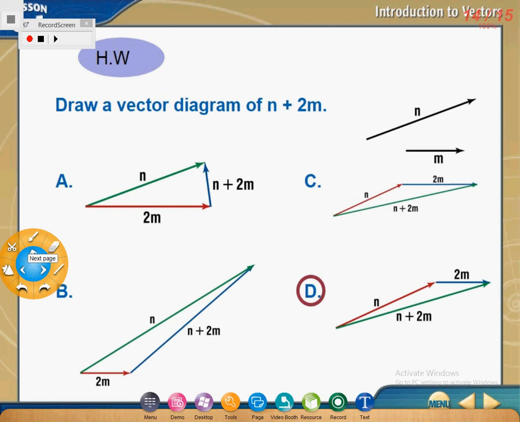Before you start the homework, I have to tell you there is a trick here. We put the answer, but I want you to check if that is the correct answer or no. Okay? Now,